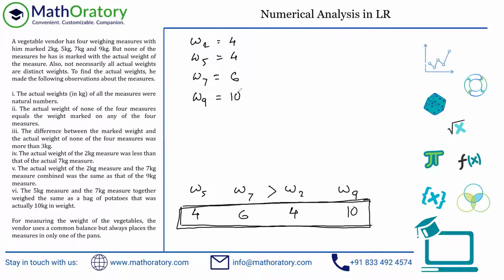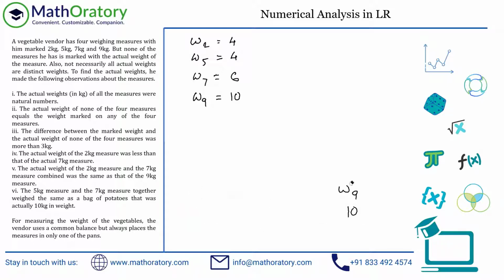Okay, so what I've done is I've just taken everything off. I just kept this so that you can verify once. I've written this in ascending order. I don't care about this one, but this I've written in ascending order. Maybe that will be helpful. So W2 and W5 both are 4. So I've just written them one after the other. And W7 is 6 and W9 is 10, right? So once this is done, I'm just going to take this part off as well. And now let us go into the questions because this is the solution, right, of the set.